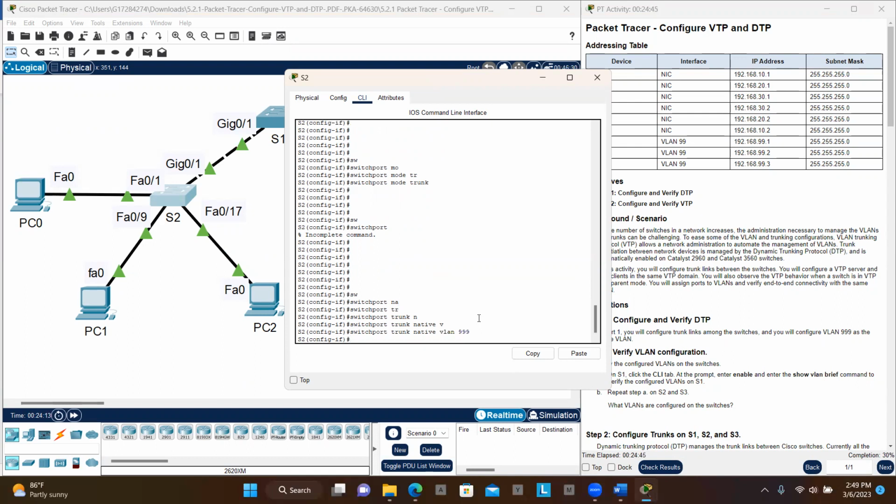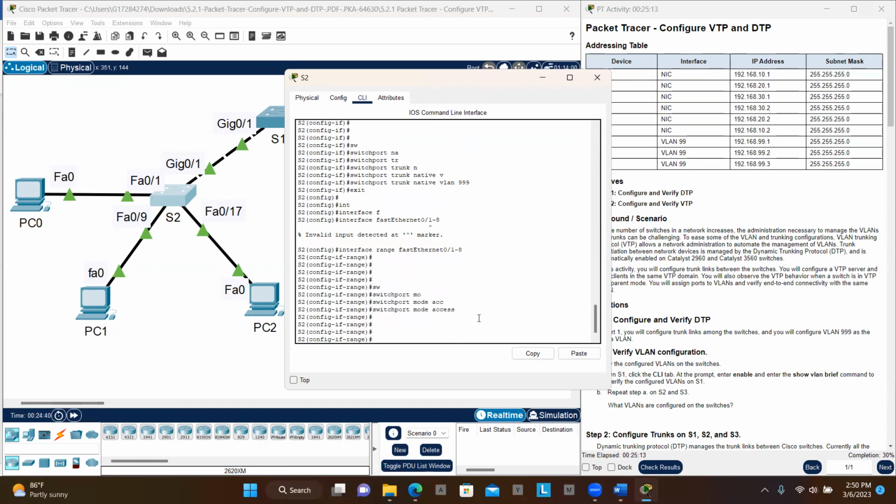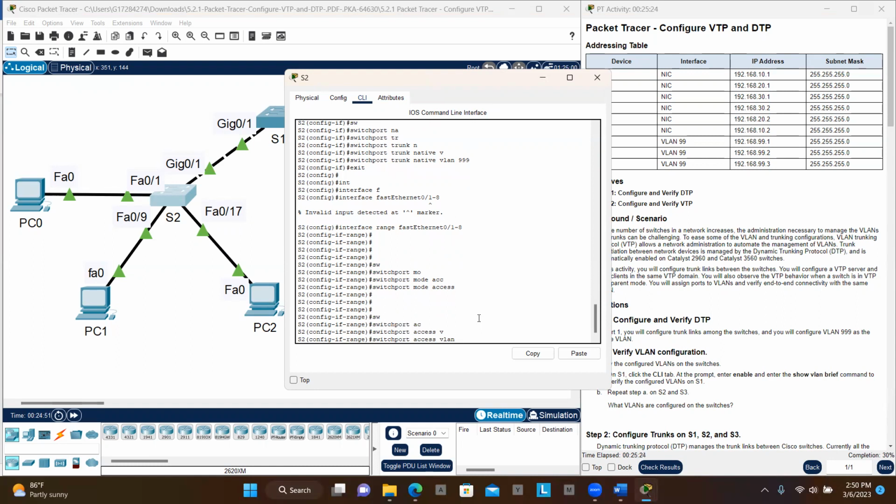And now we could do exit, interface range FastEthernet 0/1 to 8. Switchport mode access. Then we do what? Switchport mode access. Switchport access VLAN